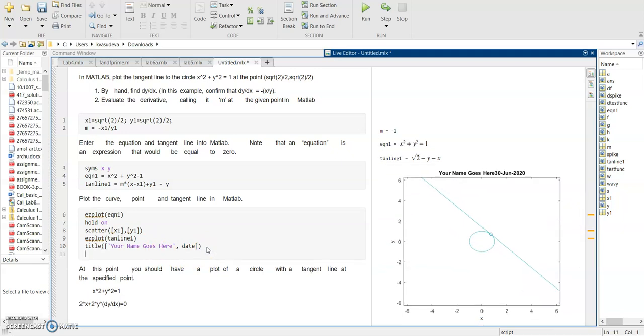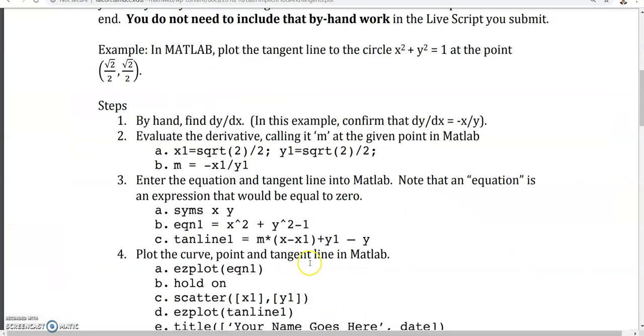Now title, we have seen this command, so your name goes here with the date. So you have to simply change your name here and the date. So it's going to name that file. So that's what you have to do on this lab. So as far as the assignment is concerned,